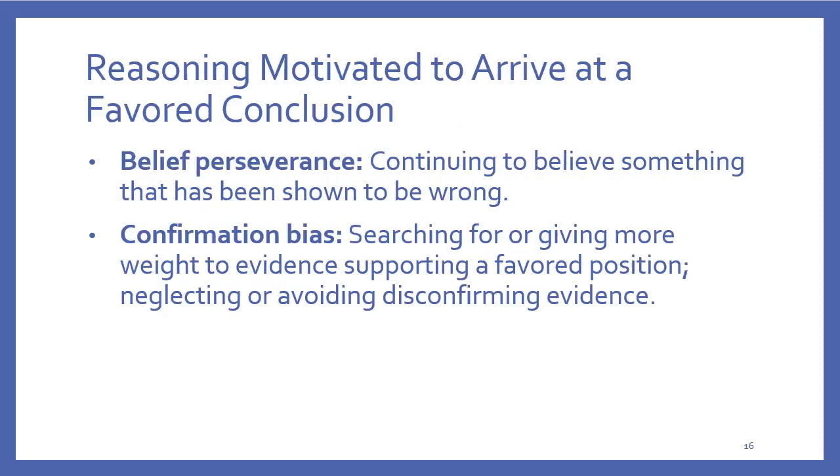We've talked about these in other ways, so I won't belabor them too much. But remember that belief perseverance is when we believe something even though we've been faced with contrary evidence for it. Our belief about something perseveres even though we don't have evidence that supports our former belief. Then we have confirmation bias, which is searching for evidence that supports the way that we already think and not searching for evidence that disconfirms what we believe.